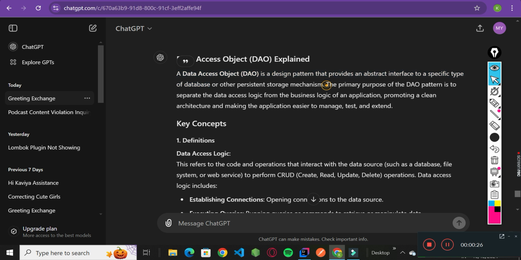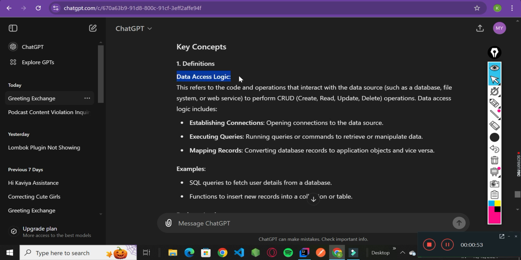The primary purpose of the DAO pattern is to separate the data access logic from the business logic of an application. So let's see what is data access logic and then business logic. Data access logic is nothing but interacting with the data source to perform the CRUD operations: create, read, update and